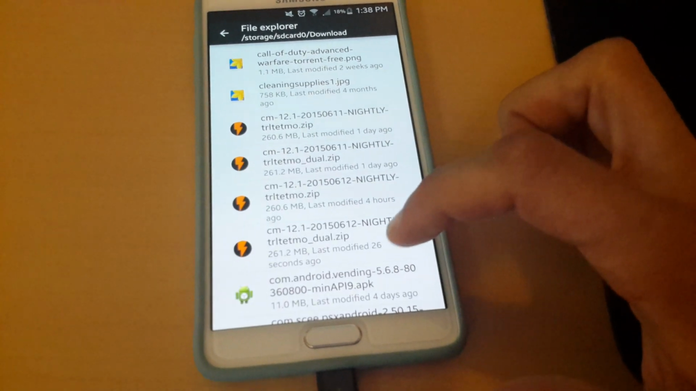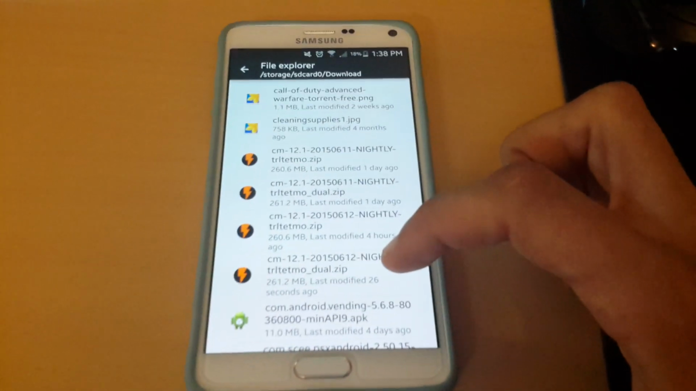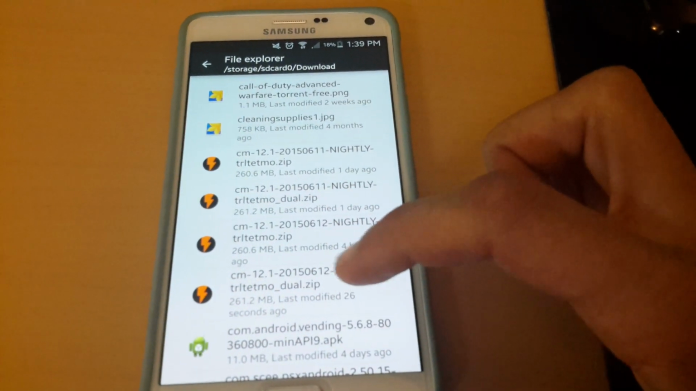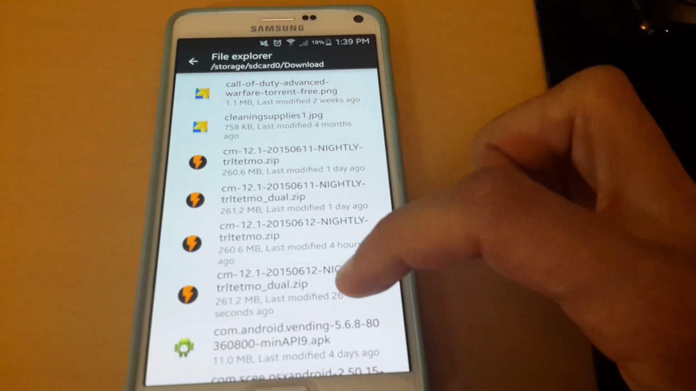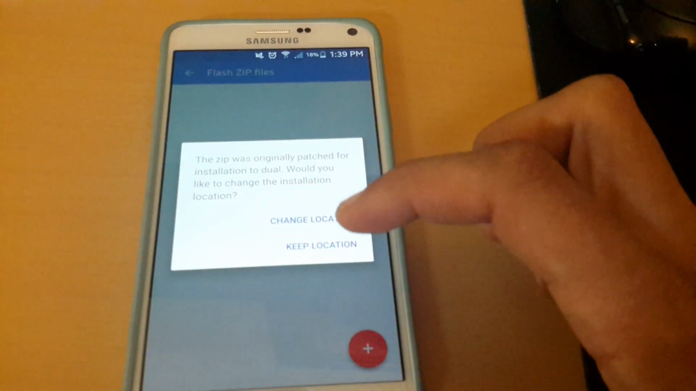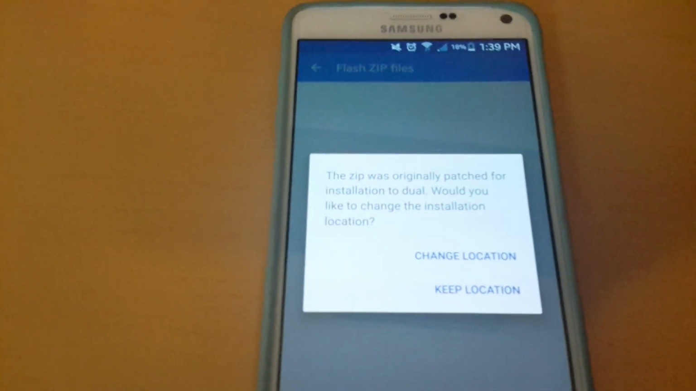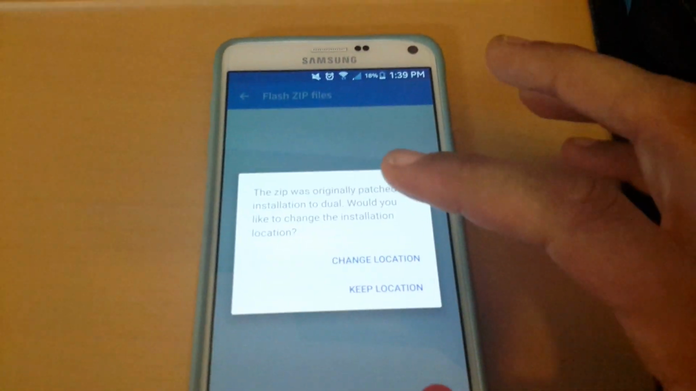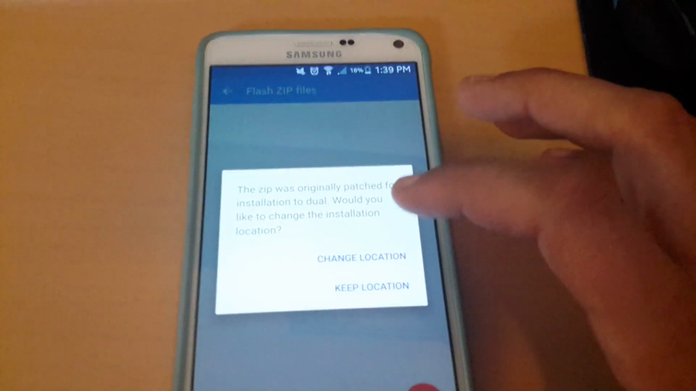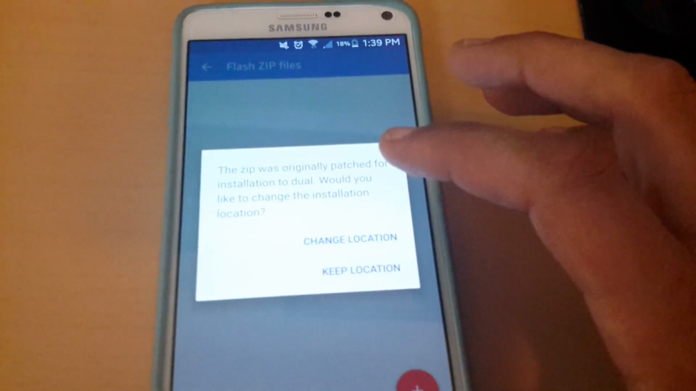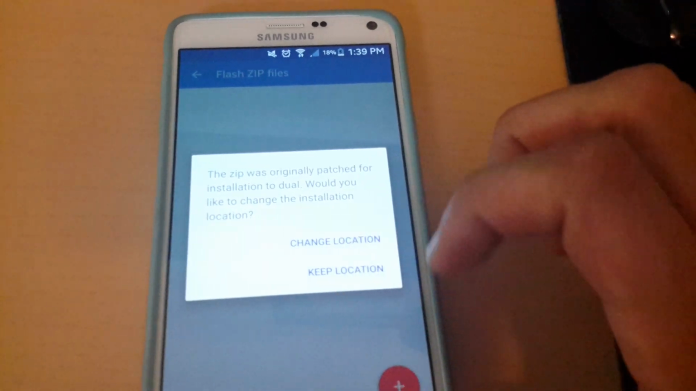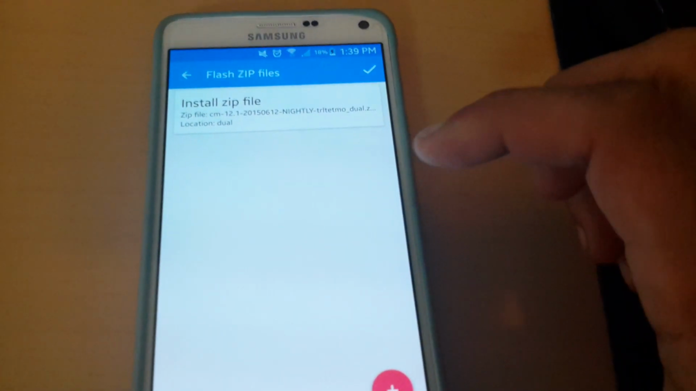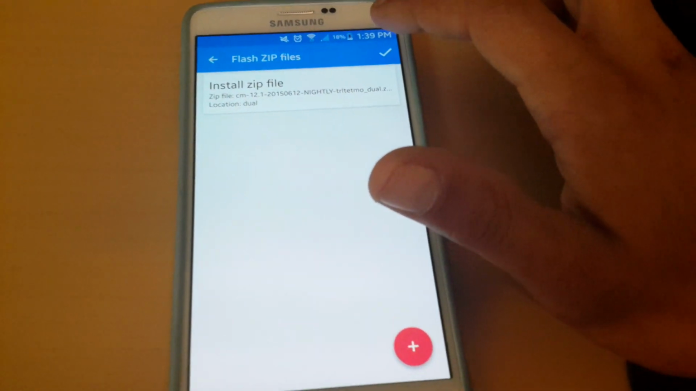The dual version is going to install on your secondary partition. And so you have to make sure you pick the one that says dual at the end there. Alright, so I click dual, gives you a little warning. The zip was originally patched for the installation on dual, so it's given a little check. That's good. It would give you a warning if you were trying to install on your primary ROM, which we're not trying to do. We're trying to install a secondary ROM. So then we keep the location,